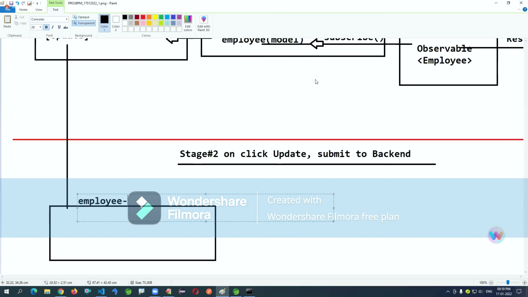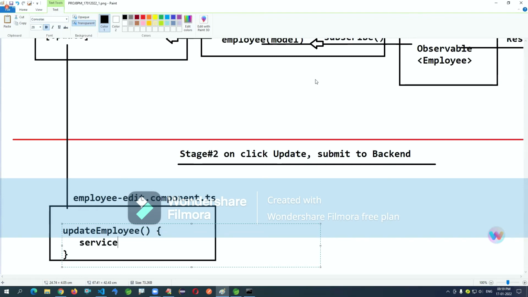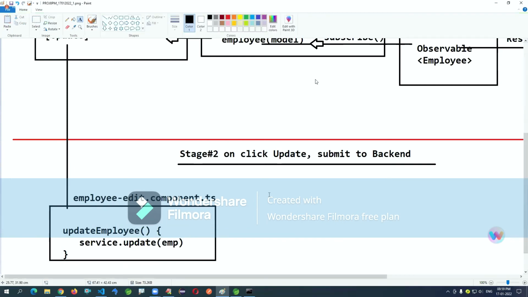Employee. Okay, there we have something like update function. Update employee. Okay, make a service call to update and pass that employee object.